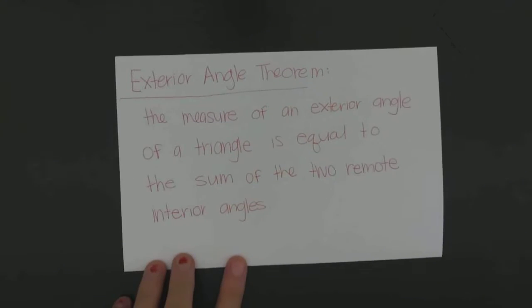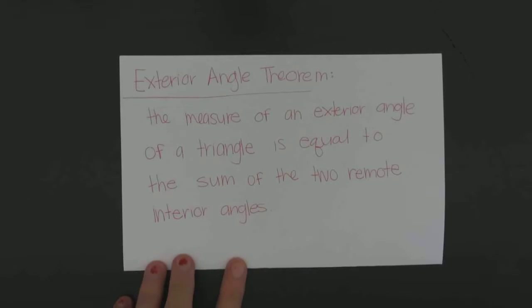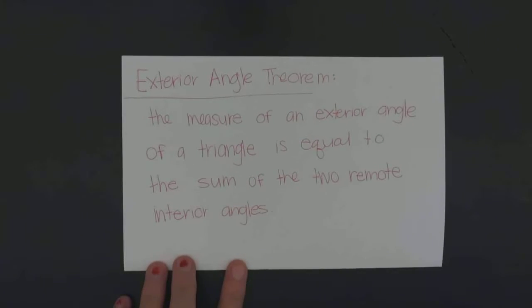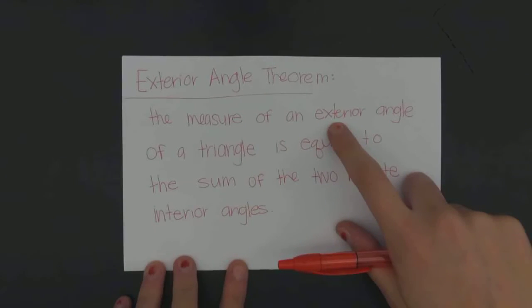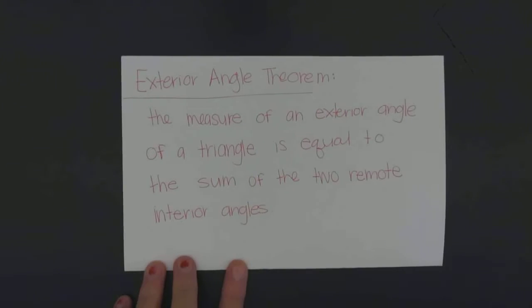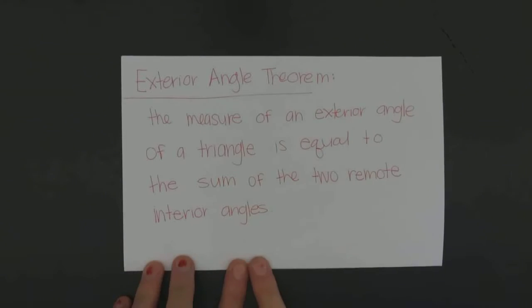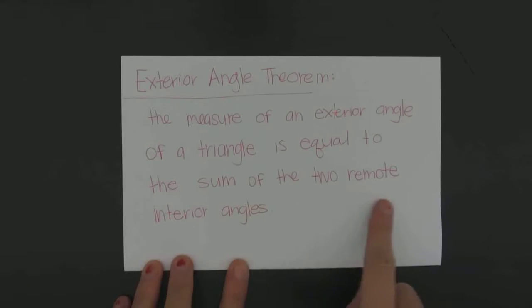This video talks about the exterior angle theorem. So the exterior angle theorem basically says the measure of an exterior angle of a triangle, exterior meaning it is on the outside, it is not on the inside of the triangle. The measure of an angle on the outside of the triangle is equal to the sum of the two remote interior angles. And what that means is it's equal to the sum of the two inside angles that are not